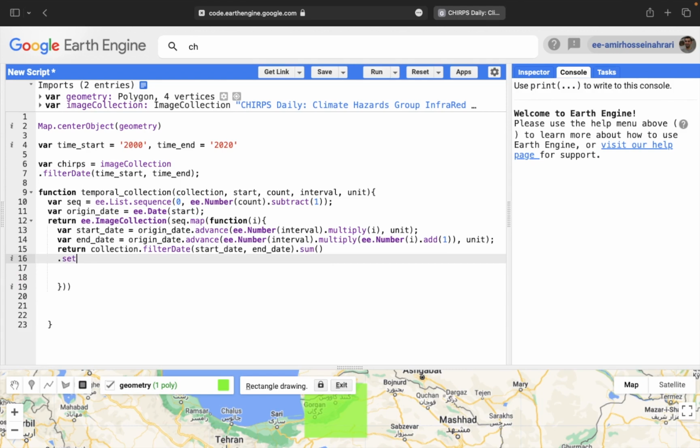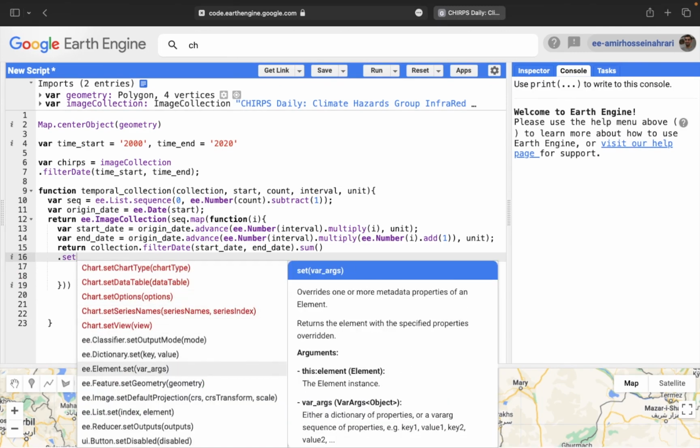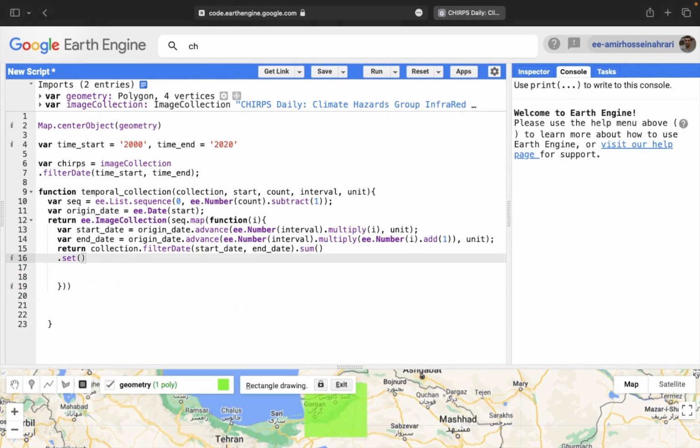So for the output, sum of each period or sum of each month, we need to have system time start and system time end to be able to do time series analysis in the next step. That is very important for the output we are getting from this function. That set system time start